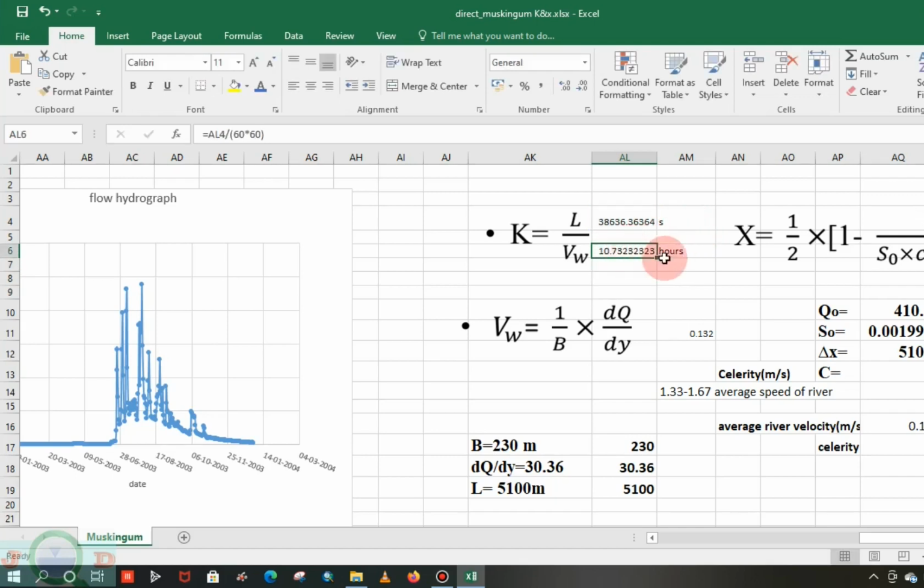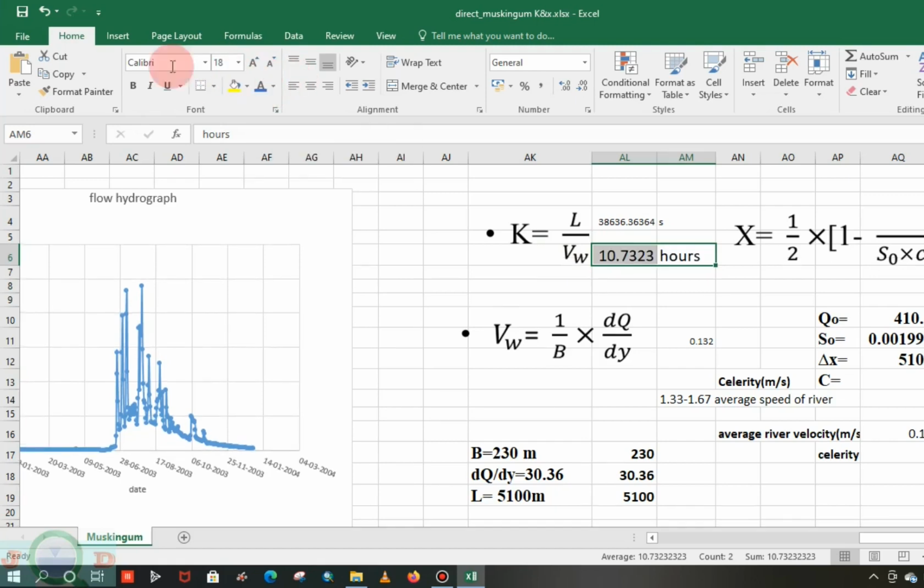So 10.73 hours we found the value of the K. So I will highlight it. We found the value of the K,